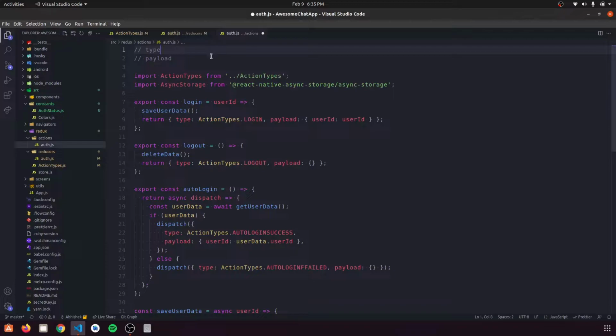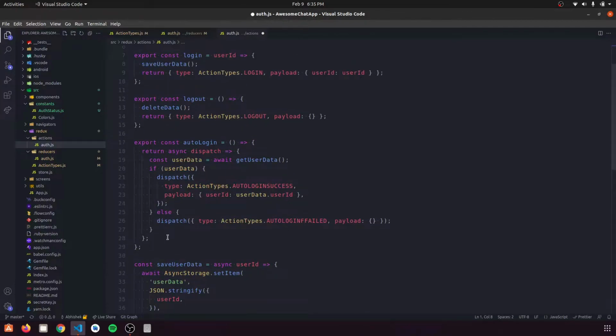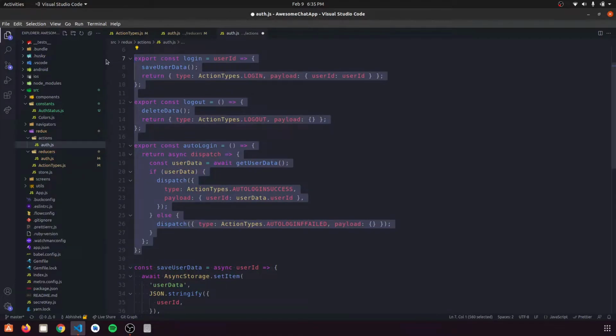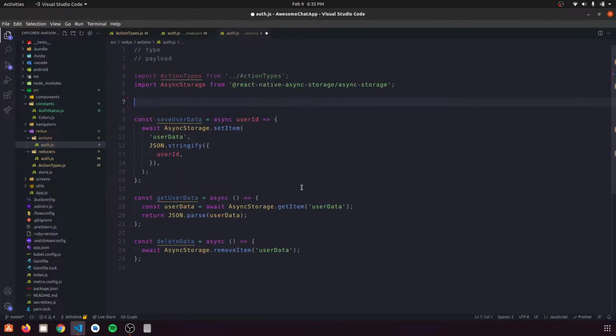And now we are in our action files of our auth, and now here comes the major changes. So first of all, we are going to delete this autologin, logout and this login function, and we are going to rewrite all of these. So first of all, we are not going to use this login and sign up differently. We are just going to create a function that is named authenticate,